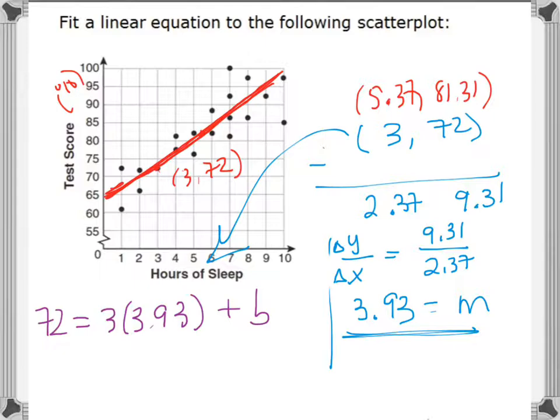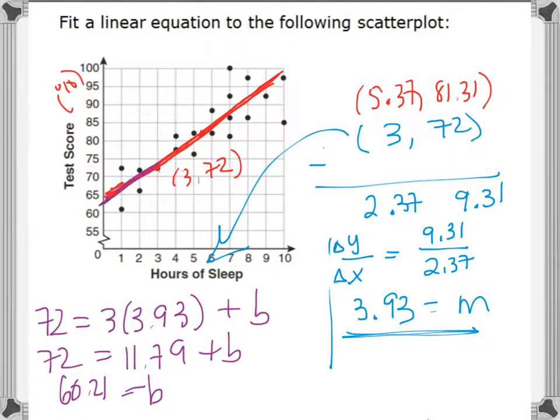Okay, so 3 times 3.93 ends up being 11.79. And if I subtract 11.79 from 72, I would get 60.21. So our b appears to be 60.21. And so this line actually would go probably down something like this. Okay? So the equation of our line is y equals